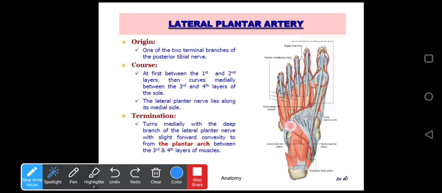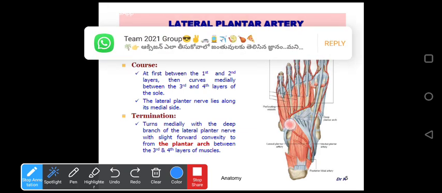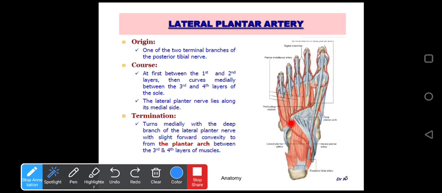Of course, in some textbooks, the neurovascular bundle is included, so there are 6 layers in the sole. The second layer is the neurovascular layer, the medial plantar vessels and nerves and lateral plantar vessels and nerves, and the fifth layer is the plantar arch. If you include these 2 layers, then altogether we have 6 layers underneath the plantar aponeurosis. But in many of the basic textbooks, it is only 4 layers, where only the muscles are considered. So the plantar arch lies between the third and fourth layer.